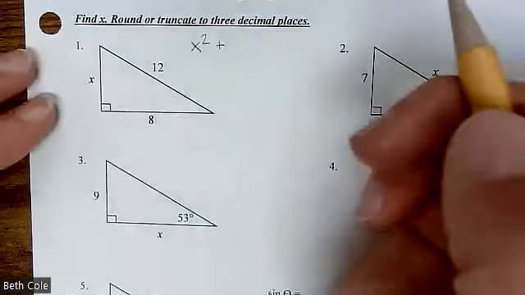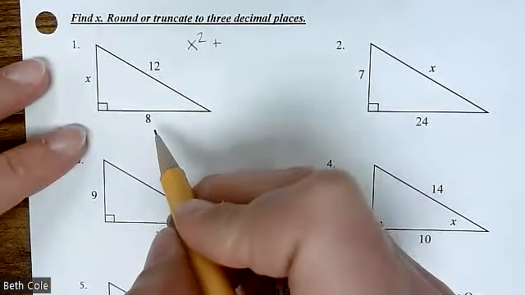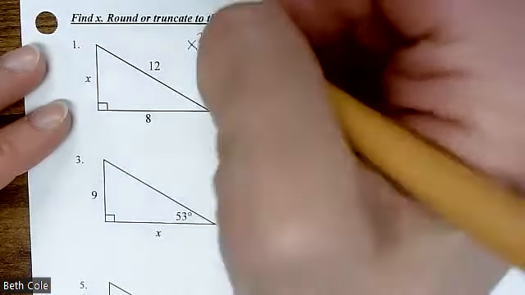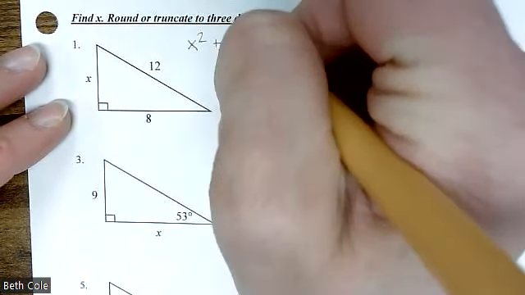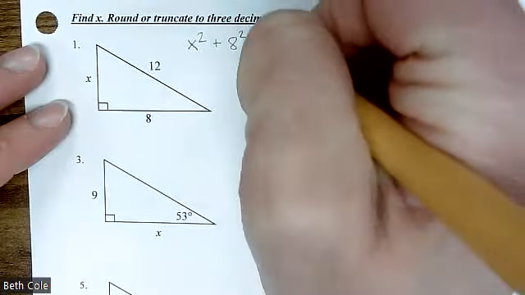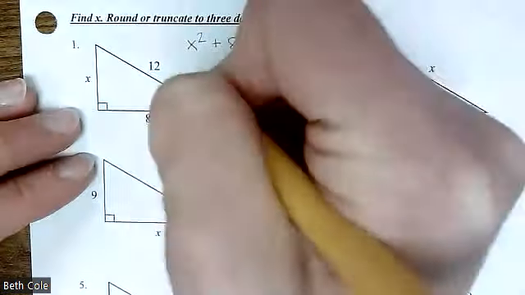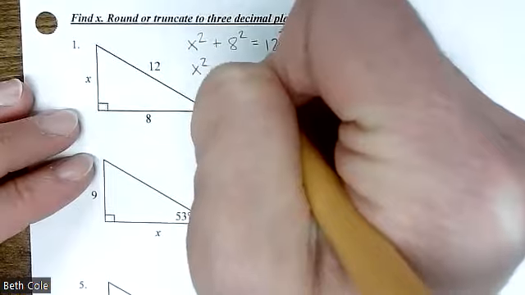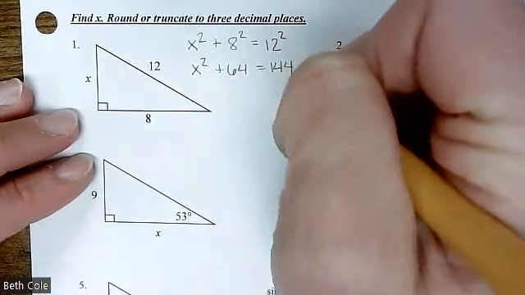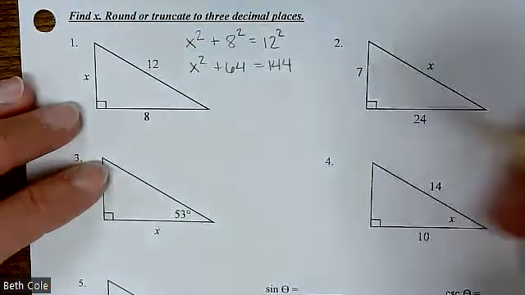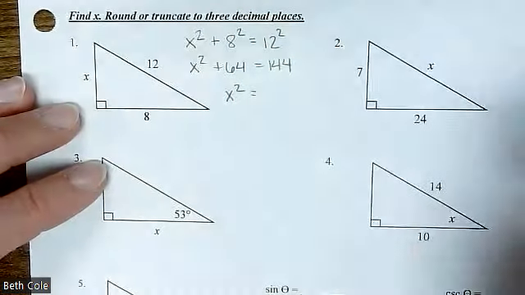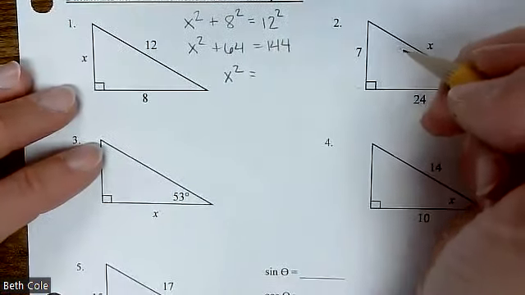What would come next? So 8 squared, so 64. I'm going to write 8 squared just so we have the setup equals 12 squared. And so, yeah, you guys were saying it already. This would be 64 and this would be 144. So x squared equals what? You're going to subtract that over. So